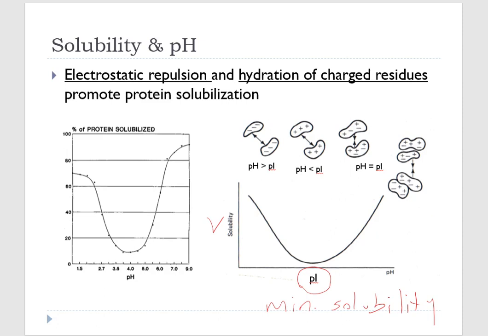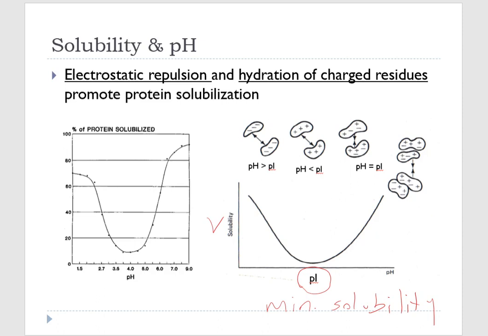So there is no net charge at isoelectric points. But it should be remembered that even though a protein is electrically neutral at its isoelectric point, it still has positive and negative charges, but these are equal numbers. So the number of positive charges is equal to the number of negative charges at the isoelectric point. Okay.